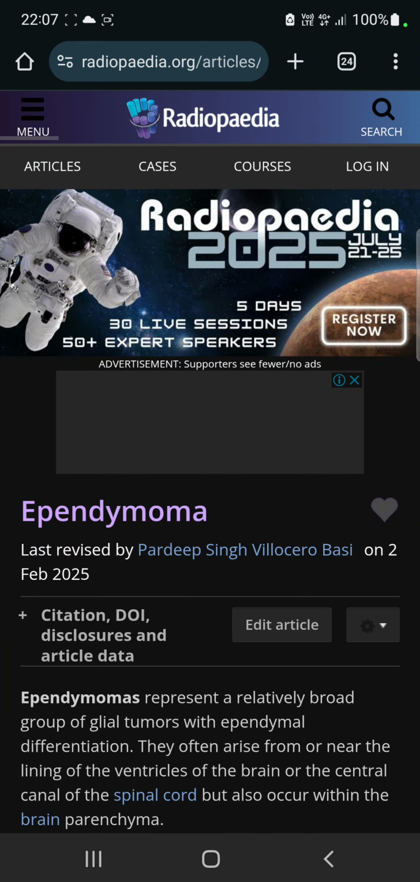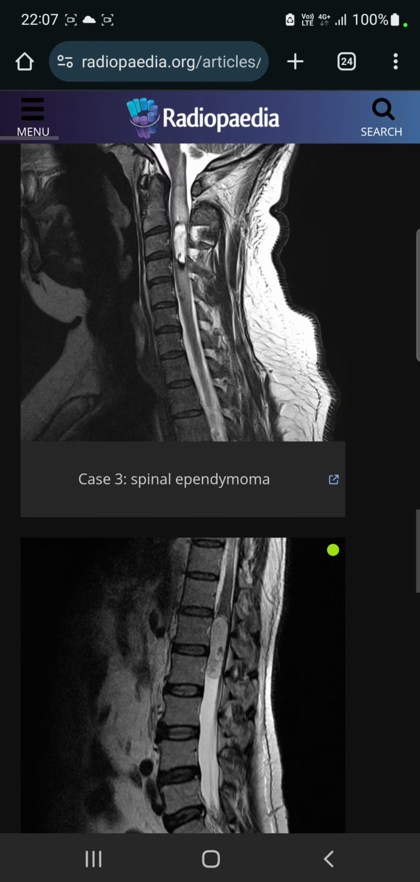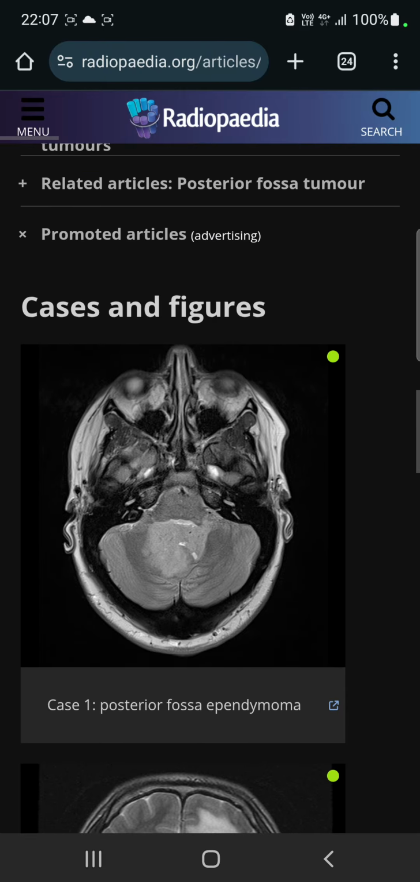Okay, so let's talk about ependymomas. Ependymomas are derived, as the name suggests, from ependyma cells. Ependyma cells are the cells that line the ventricles of the brain, and the role of the ependyma cells is to make the CSF flow. There are specialized cells in the choroid plexus of the ventricle that can create the CSF, but the ependyma cells